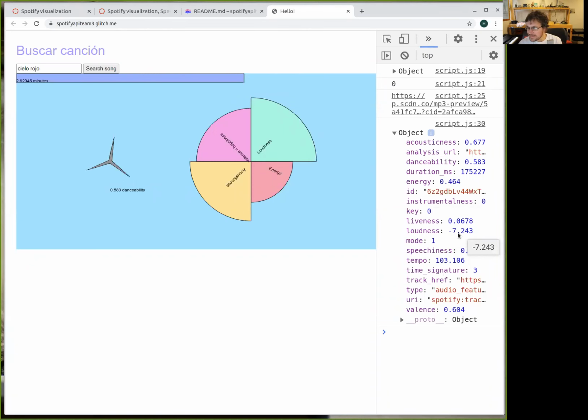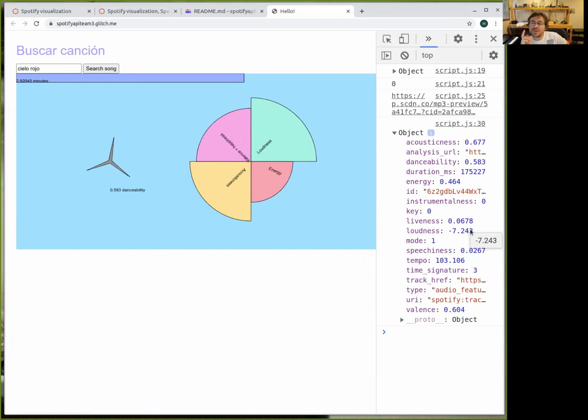Loudness, we need to change it because all the numbers were like 0 point something, and loudness is like 7 point something. So it was like a big square out of proportion. So we divided in order to have a number in that scale.